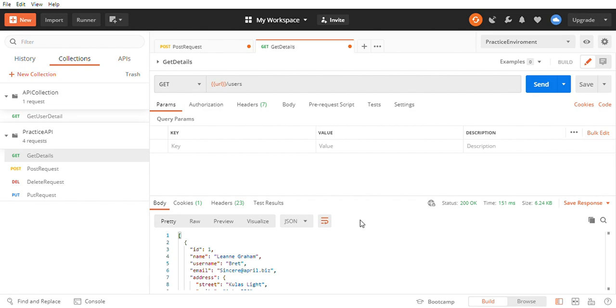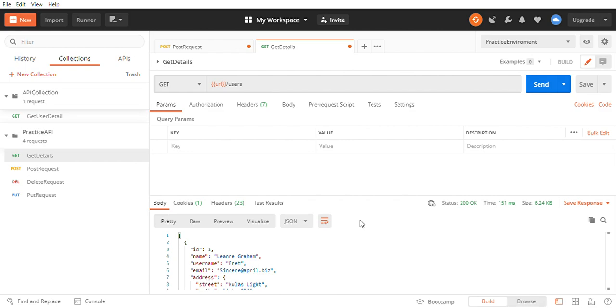Okay, so now you're seeing how data parameterization, how this variable is giving us the expected output. So you don't need to change a value every time in different requests.